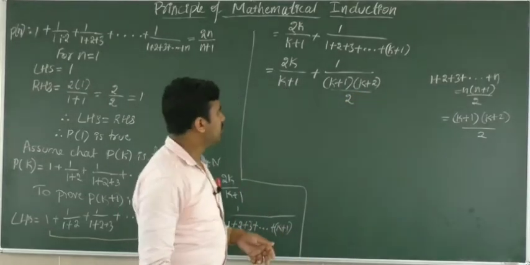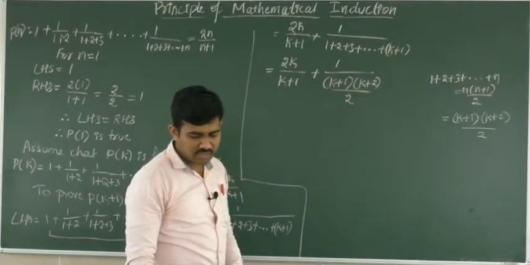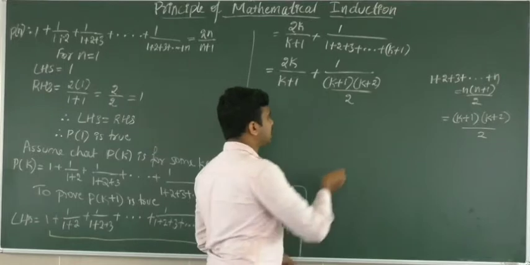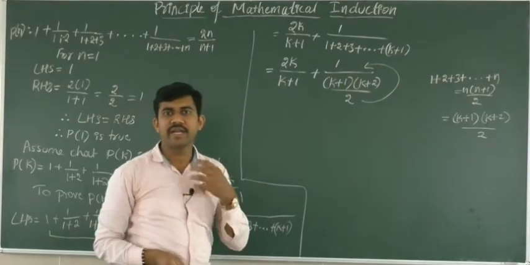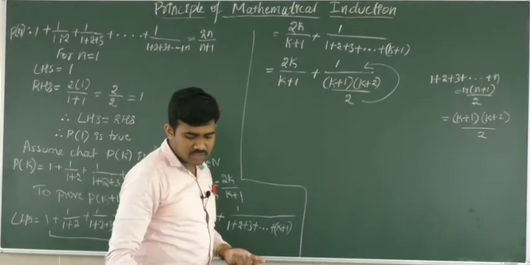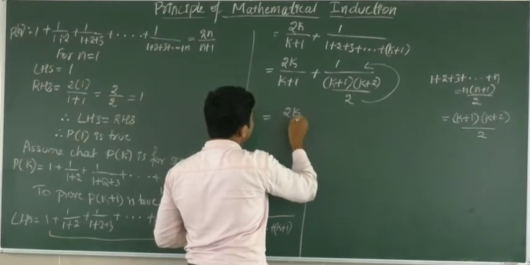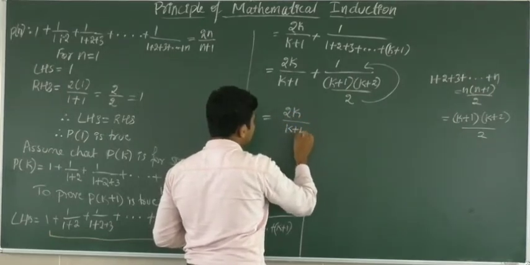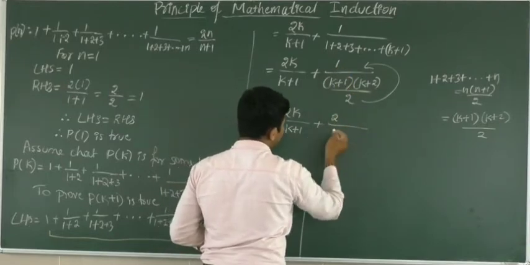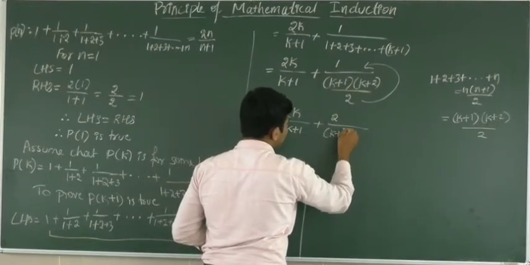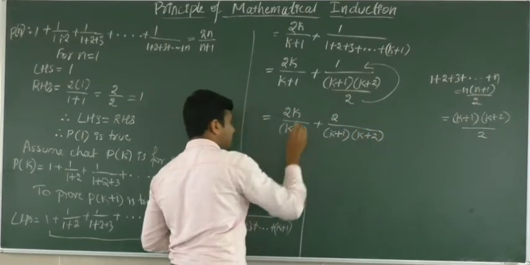Now you can observe in the denominator you will get a fraction. So now you can bring the denominator of the fraction to the numerator. We can multiply with the numerator. You can write the reciprocal of that. So what we'll get, this is nothing but 2k divided by k plus 1 as it is, but here 2 goes into the numerator, multiplies with 1, 2 ones are 2, divided by k plus 1 into k plus 2 as it is. Okay, so like this.